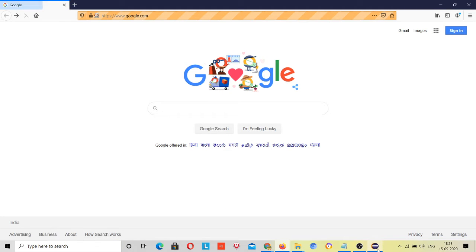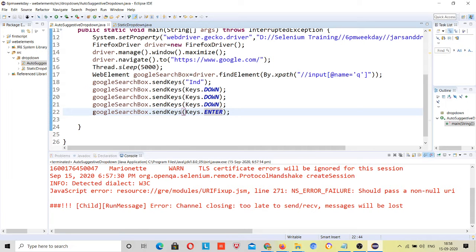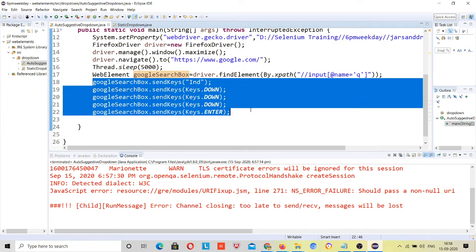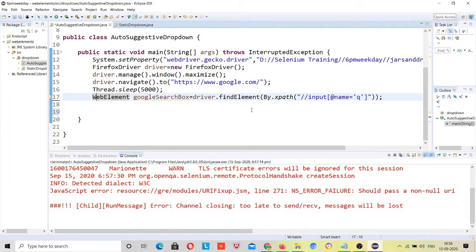Okay, maybe Keys dot arrow down is the function. Just close it first. This is your element dot send keys India. Let's search something else, Sachin, right? And let me check here.